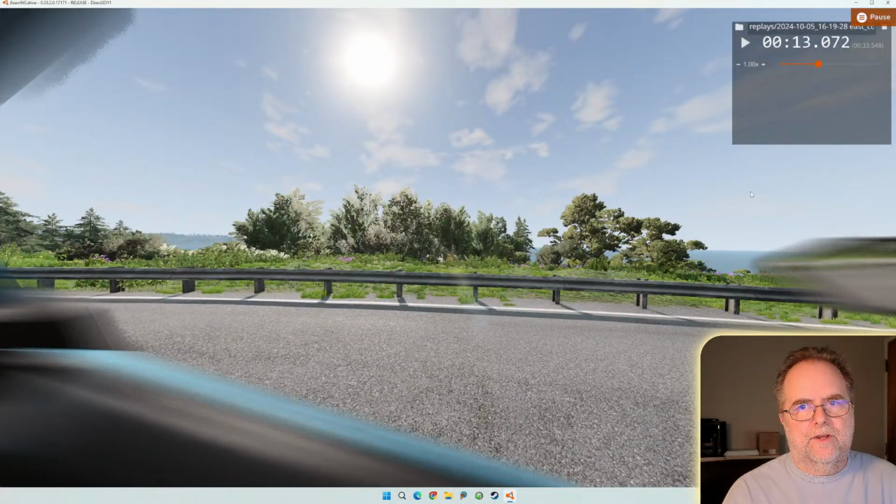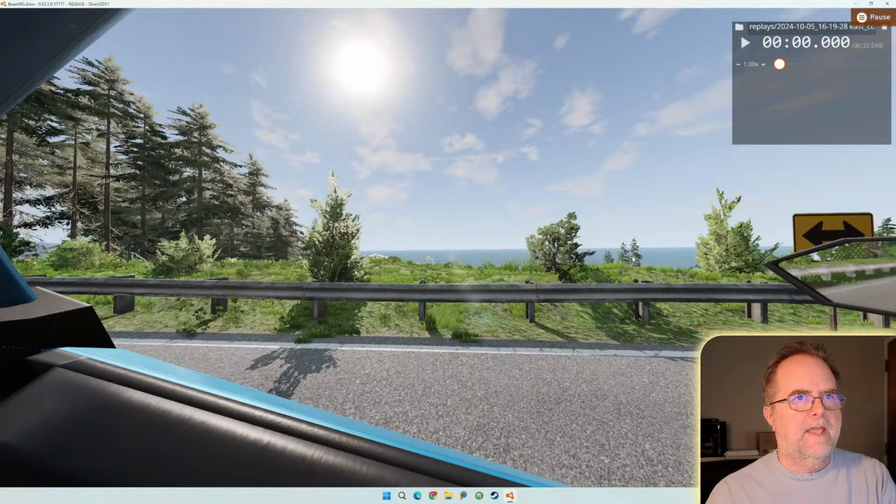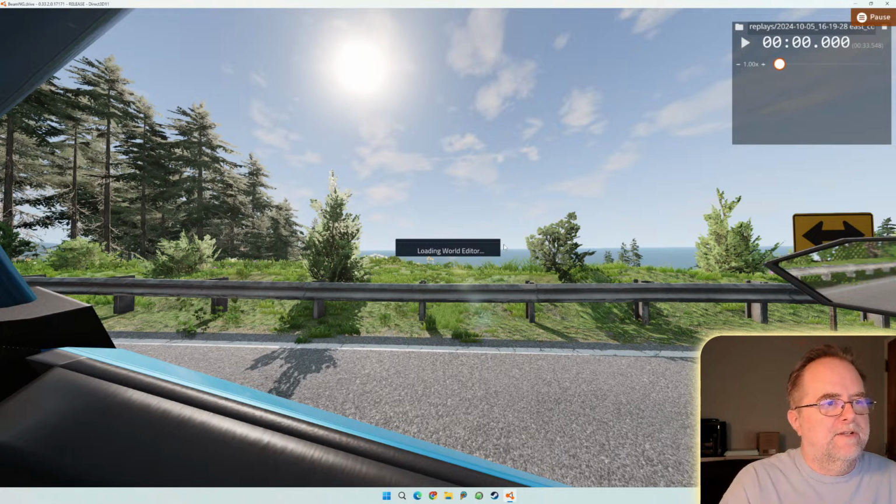So what you can do is go into this feature called the World Editor. It's a way to go in and tweak individual objects, make things appear and disappear in the scene and things like that. And you can do it within the context of a replay as well, not only for the live driving experience, but we've got a replay open right now. So if I hit F11 to open the World Editor,